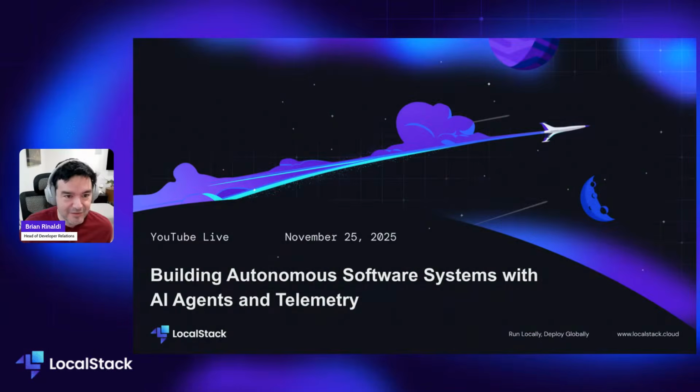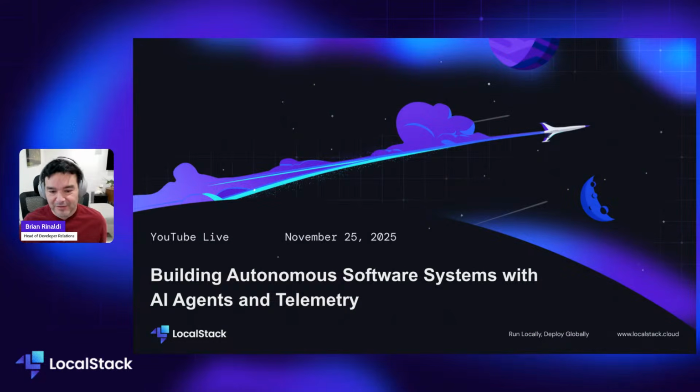I'm really excited about today's presentation because if you're interested in the use of AI, I think we've got some really exciting stuff to share with you. One of the things that, in my experience, AI is really good at is debugging issues, and we're going to talk a little bit about how you can do that with a tool called LogicStar, as well as LocalStack, obviously. So let me get started here.